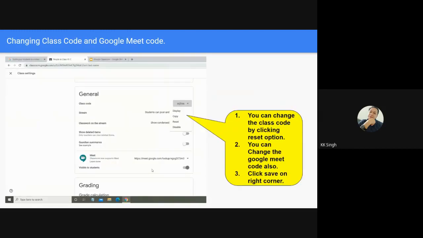You'll be able to change the classroom code. You'll be able to change the Meet code. It depends on you. Go to general settings and change the class code. I'll show you through the practical.